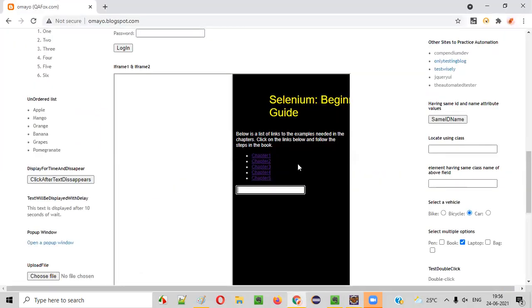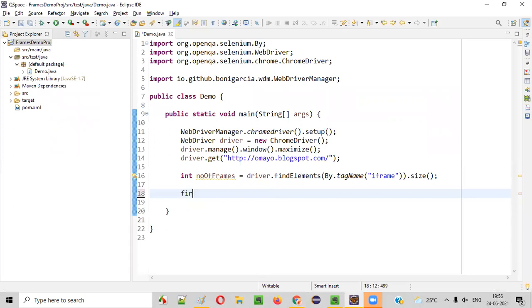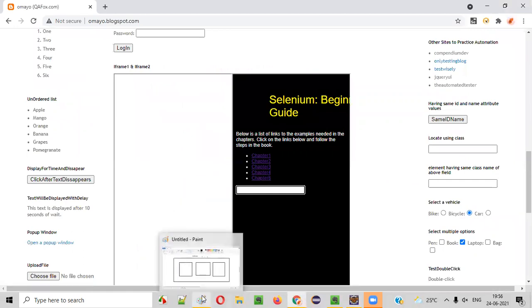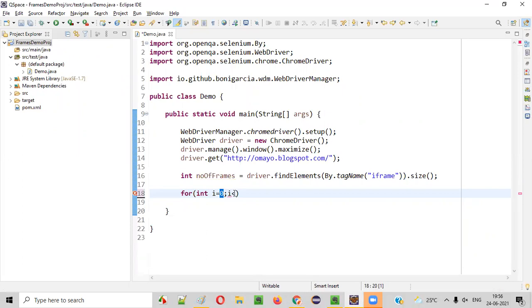Let's go there. So what I will do here, guys, is say for int i = 0, index equal to 0. Here i means index, guys. If there are 3 frames, what are the indexes possible? 0, 1, 2, right? So I'll say index starting from 0 and index less than the number of frames. Correct or not? Frames is 3, right? i less than 3 means till i is 2, fine, right?